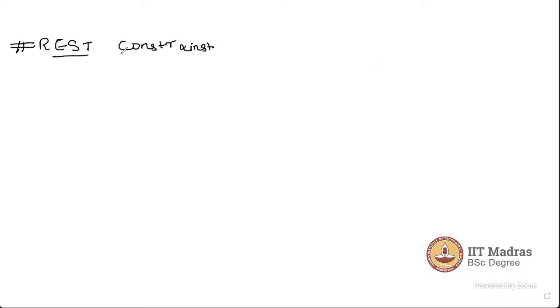Now, if we talk about the REST constraints, REST is nothing but a set of guidelines. It takes the HTTP protocol and applies a few constraints to clarify communication between the client and the server. So the first constraint of REST is the separation of client and server: the client-server model.